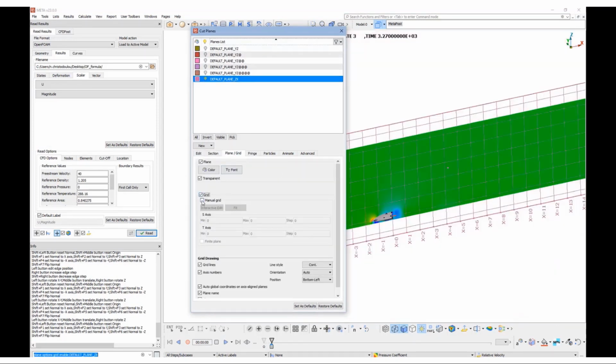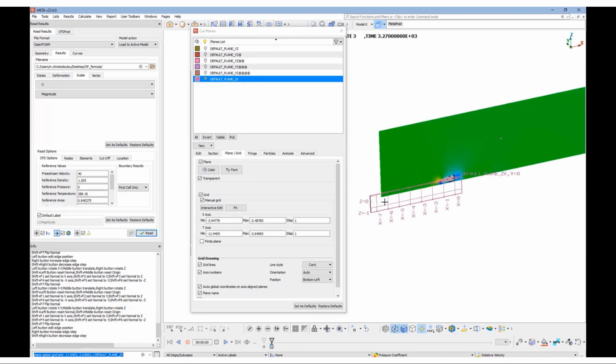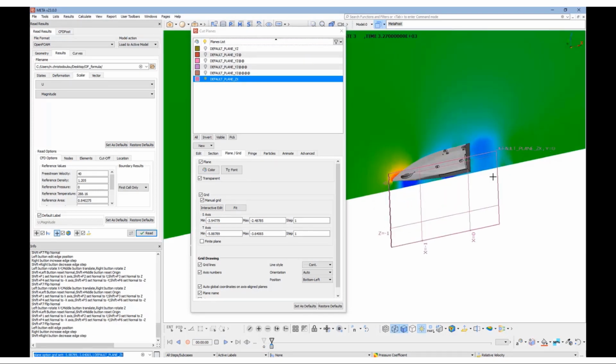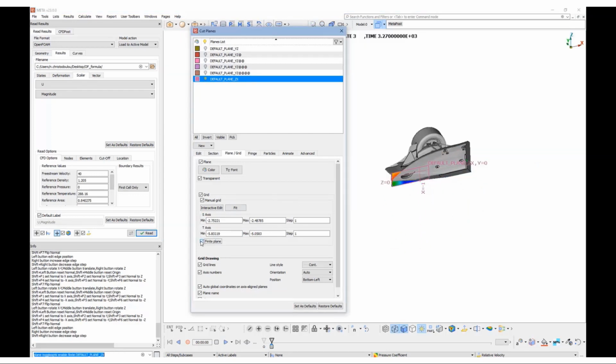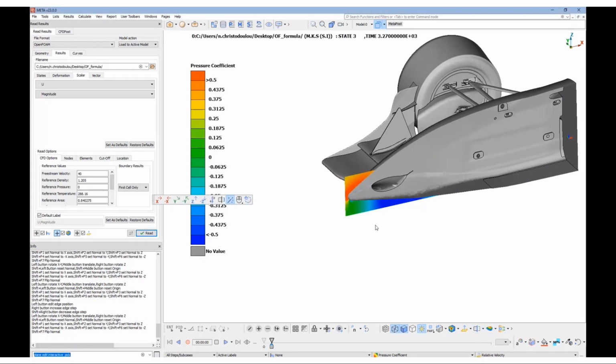We will again activate the grid in order to make a finite plane smaller than the current one. Because this plane now is going to be used for a 2D plot, and we will see right away how. Let's move it into position.